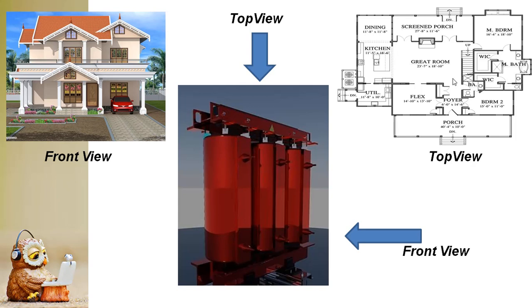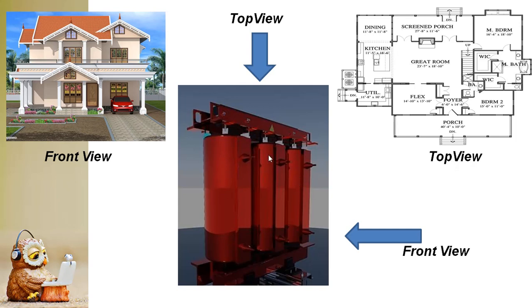Clear? If they ask you to develop a section plan, then you should go for a top view. If they ask you to develop a front elevation, then you're supposed to go for the front view. I hope it is clear. So we'll have two views: one is the front view, to develop an elevation, and the other is the top view, to develop a sectional plan of electrical machines, any electrical machines, not only transformers.